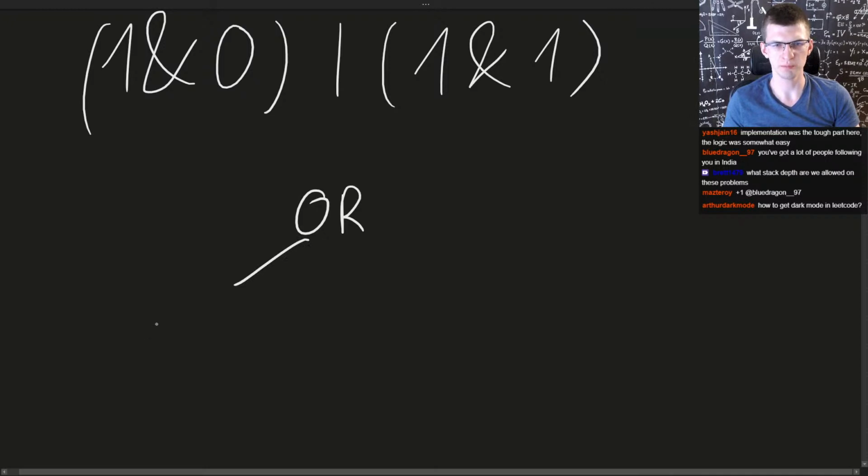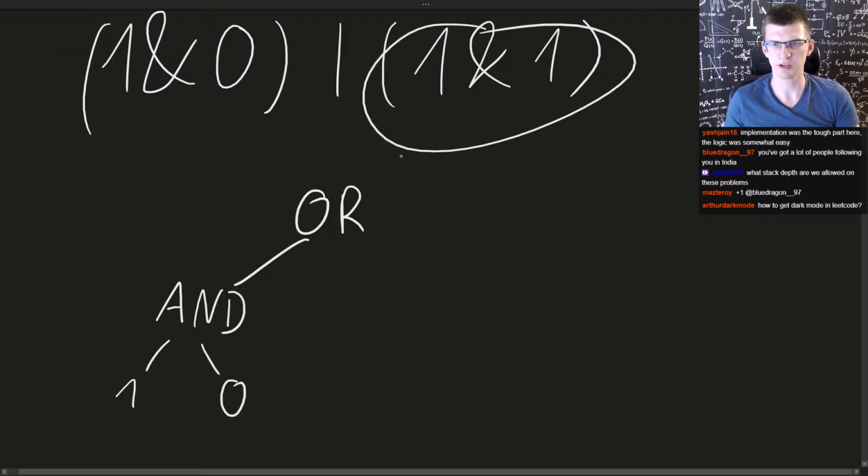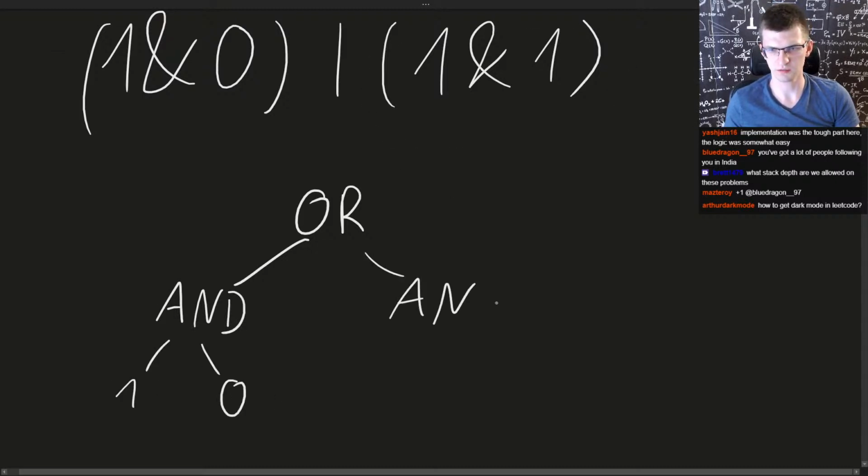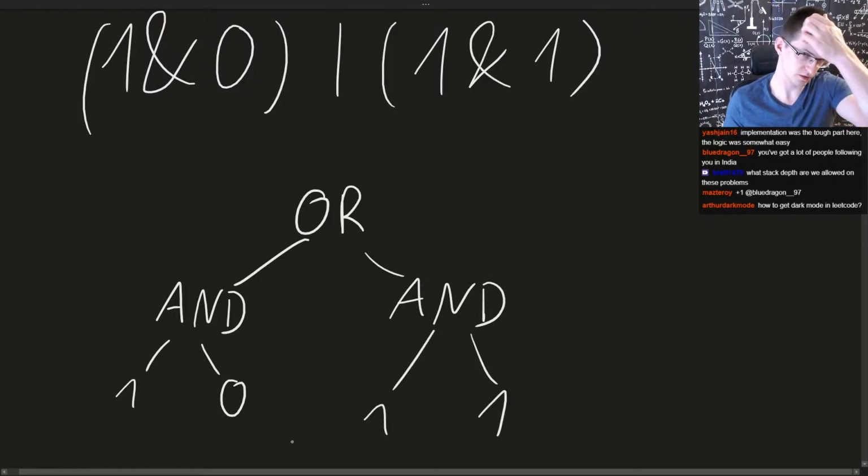There is OR between the left expression, which is this one, it takes AND of 1 and 0, and the right expression, which is AND of 1 and 1. The leaves are values. Each value is 0 or 1. Then